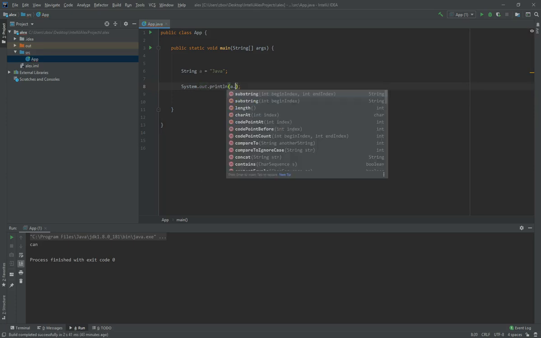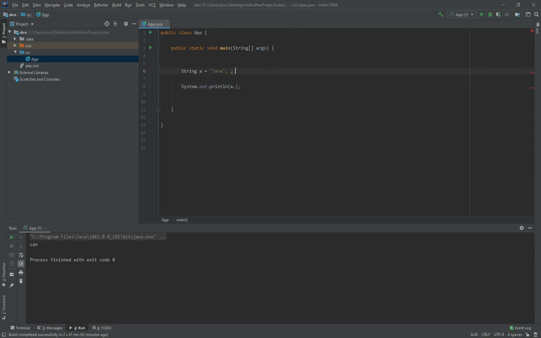the character at index 0. So we have J-A-V-A, okay, Java. This is gonna be index 0, this is 1, this is 2, this is 3, okay? And we want, so on our variable a,